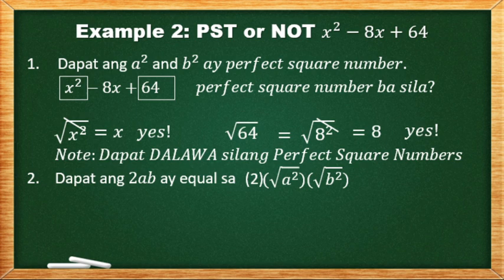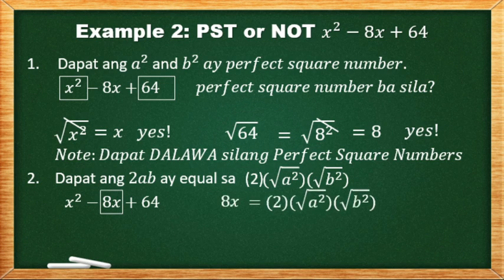Ano ang middle term natin? 8x. So, 8x is equal to 2 times square root of a squared and times square root of b squared. Ano ang nakuha natin sa square root of a squared? X. So that's why x. 2 times x. Ano nakuha natin sa b squared? Square root of b squared. 8. So, simplify. 2 times x times 8. Or 2 times 8, 16. Times x, 16x. So, therefore,